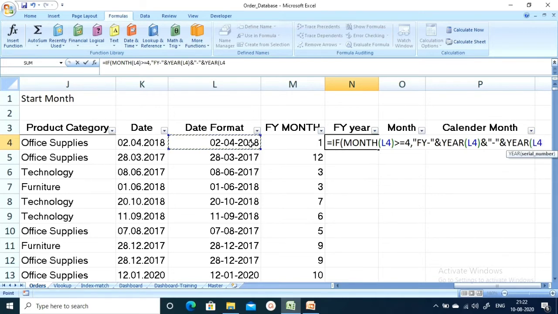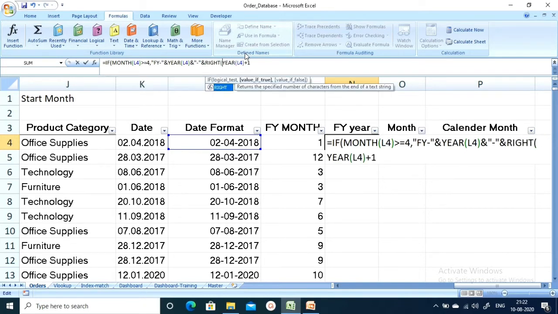Since it's April, if it's greater than or equal to 4, it should add 1 year. Here I am using the RIGHT formula so that only the last 2 digits of the year come at the end.